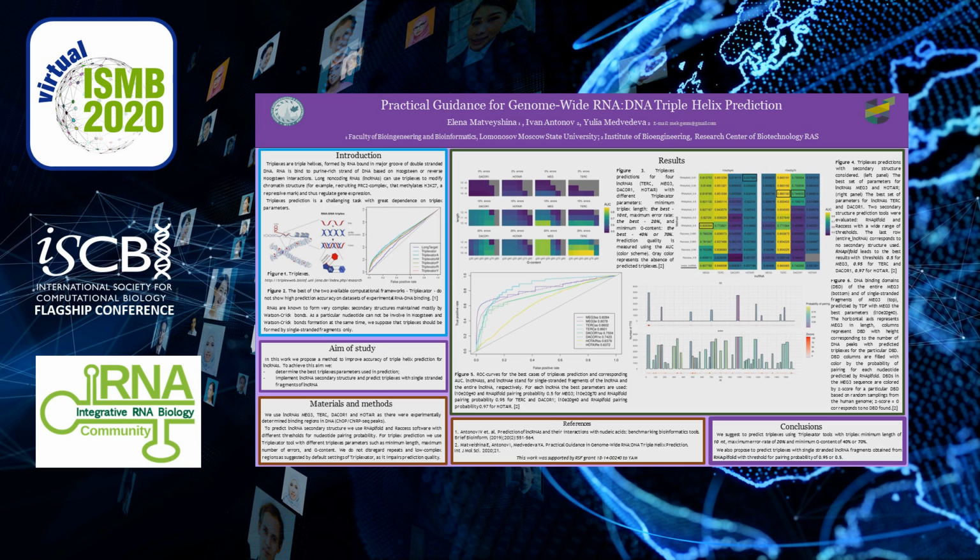Here are ROC curves for best triplex prediction for entire lncRNAs and their single-stranded fragments. Secondary structure usage leads to the best prediction quality improvement in the MEG3 case. Second best improvement results are for DACR1 lncRNA, while improvement for TERC and HOTAIR lncRNAs is very moderate. To understand the difference in prediction quality improvement, we use Triplex Domain Finder to find DNA binding domains, DBDs,